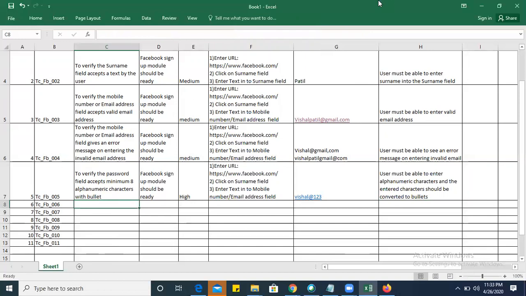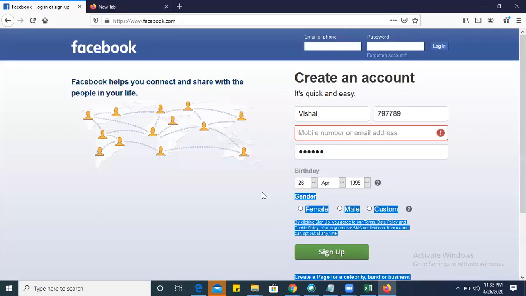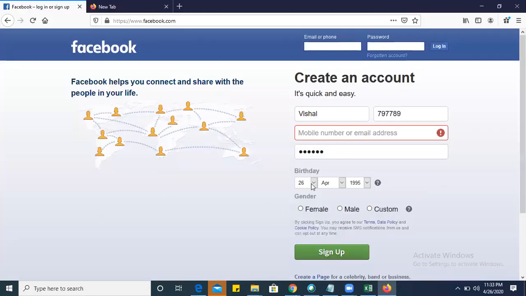Birth date, let me check the time. Okay, birth date. So whether all the drop downs are working fine or not, right? Here we need to check that February must have only 29 dates. If I am selecting 30 or 31, it